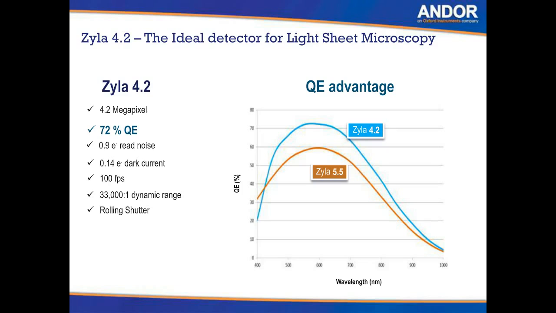So the Xyla 4.2 has a 4-transistor sCMOS chip. It's 4.2 megapixels in size. It has a rolling shutter only exposure mechanism. It has less than 1 electron read noise, very low dark current, fast frame rates, and a very wide dynamic range. So I've mentioned the rolling shutter mechanism here, and this is very important in terms of the light sheet